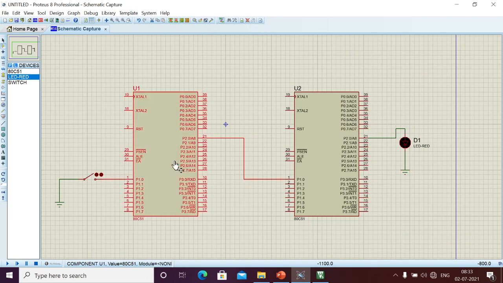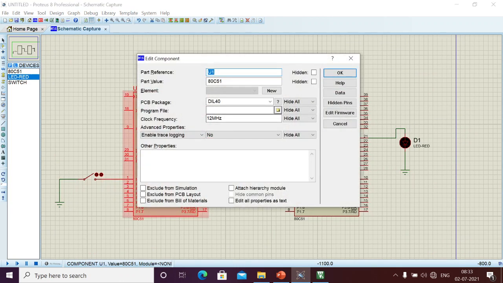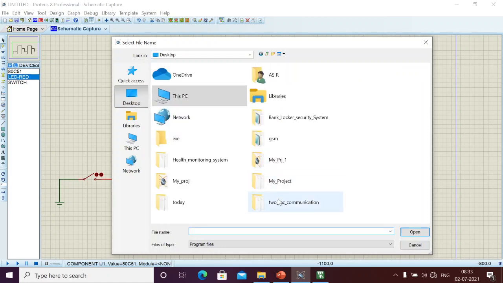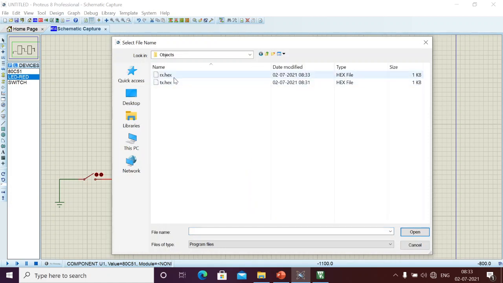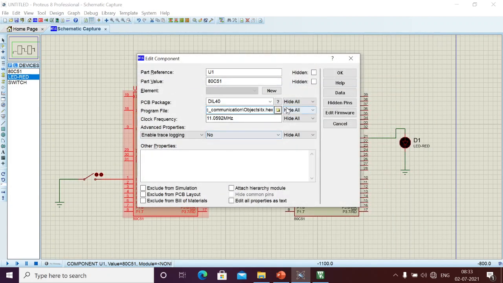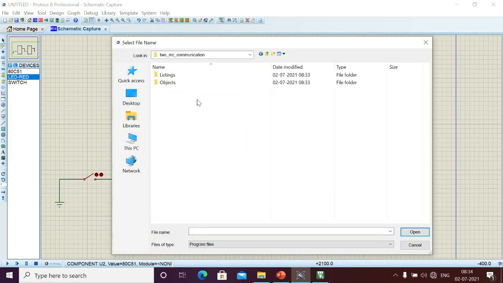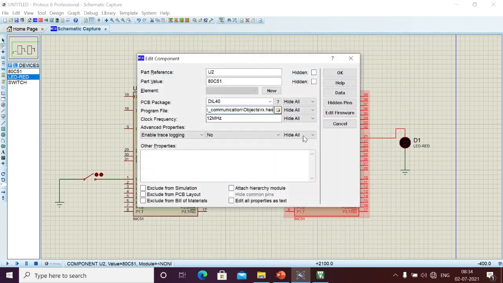Here I am going to select the frequency, which is always 11.0592 megahertz, and here I am going to select my hex file, and go to the objects. This is the tx microcontroller, that's why I selected the tx hex file, and this is my rx microcontroller, the receiving end microcontroller, and again we should select the rx hex.